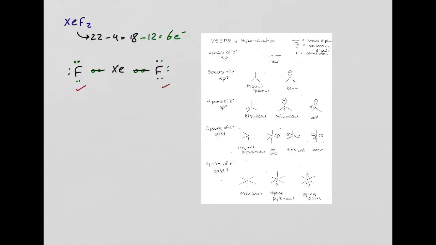Then I go to my center atom. 1, 2, 3, 4. It has only 4. Now I have 6 electrons left. Now I have to give those 6 electrons to the center atom. Minus 6, nothing is left. Is the center atom happy? 1, 2, 3, 4, 5, 6, 7, 8, 9, 10. Is extra happy? It's okay to be extra happy. Let's not question it. Alright, so I accounted for 22 electrons and everyone is happy, even extra happy, which is